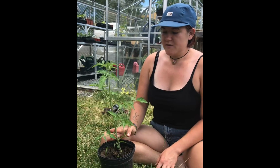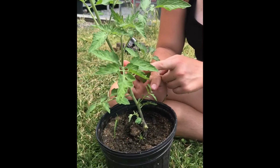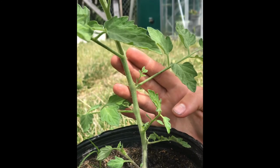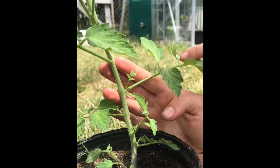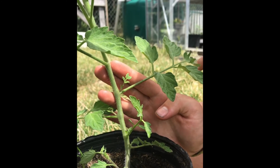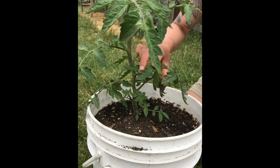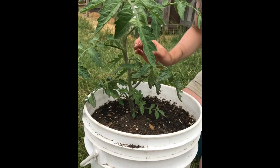So tomato plants have this weird little quirk where they actually grow something called suckers, and they always grow at an intersection between a branch and the main stem. It's really quirky that this happens because the sucker will actually prevent this branch from getting nutrients, and eventually will kill the branch. So it's really important that you desucker your tomato plants, otherwise your tomato plant will be branchless. So, when we desucker, we're just going to find the sucker and then pinch to break it off